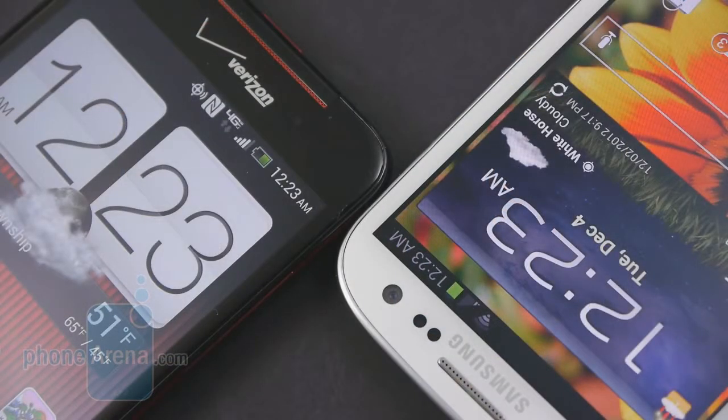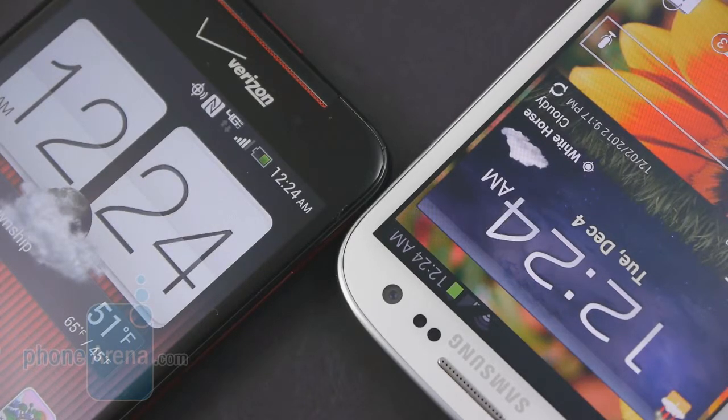Considering that they're packing LTE radios, they have a very voracious appetite when it comes to battery life, and honestly, we don't find one to be any better than the other as they pull in similar results with full charges. You'll get by through an 8-hour work shift, but by the time you get out,